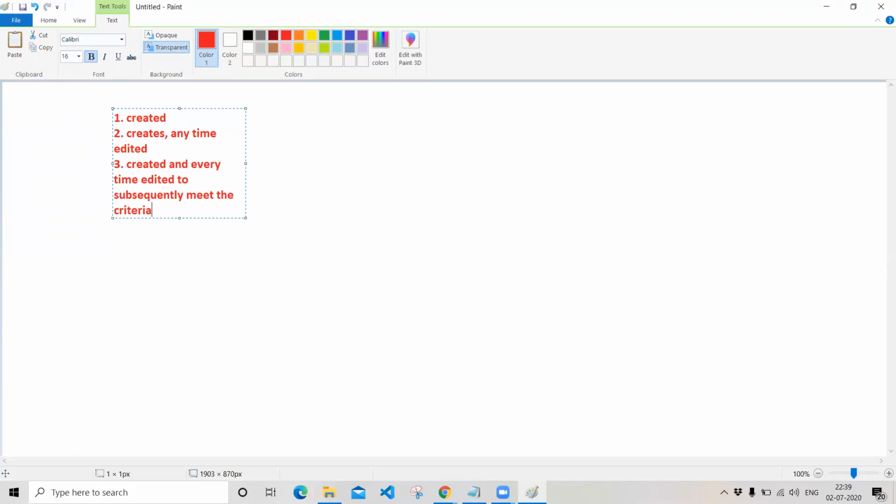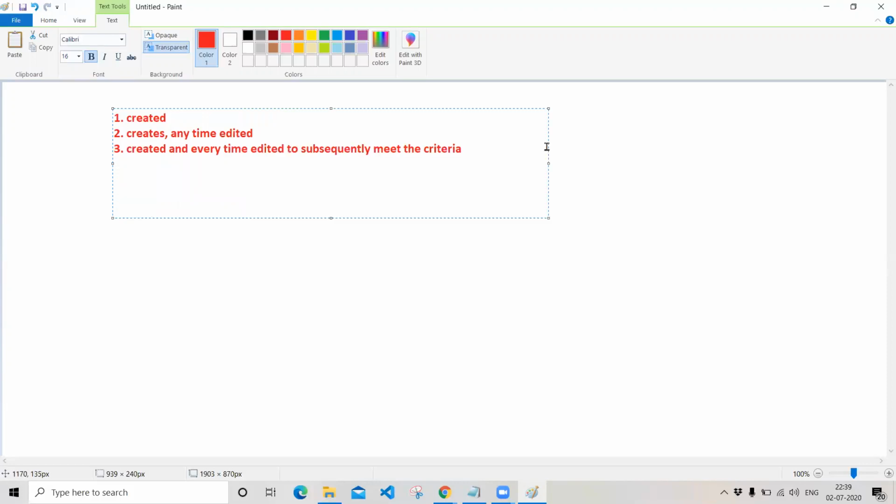So these are the three different entry criteria that are available in my workflow rules.